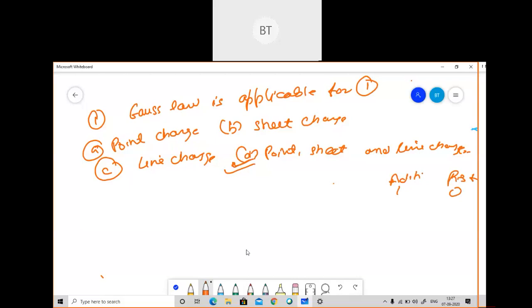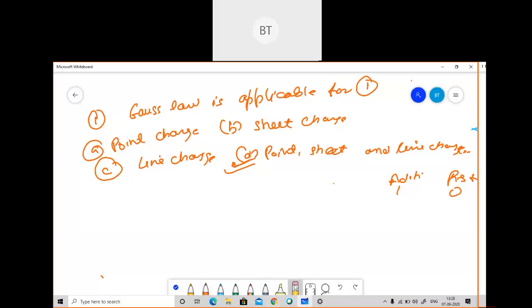So please try. I'll give some more questions, which are very simple. Use your brain, and try to read the problem one or two times. These questions you will not get anywhere, but if you take the GATE paper from where I have taken them, you will get those questions. So see, a simple problem is coming. I have taught you Gauss law, and based on it, the simplest problem is there: where is Gauss law applicable, to point charge, sheet charge, line charge, or everywhere. So option D is correct.